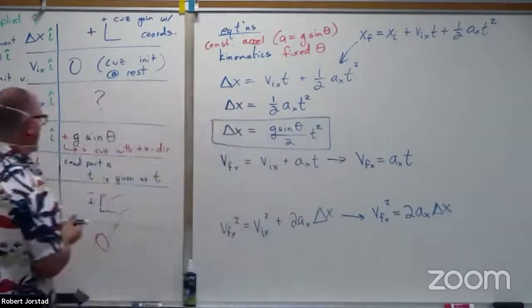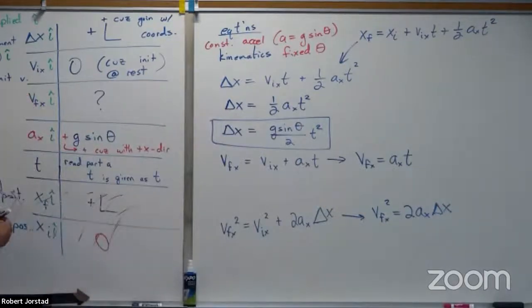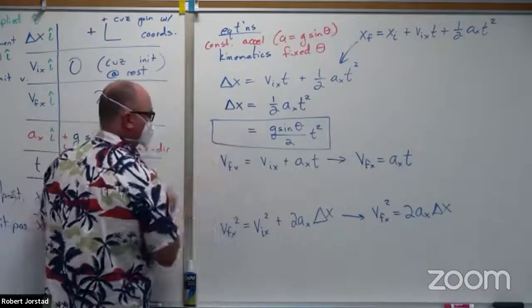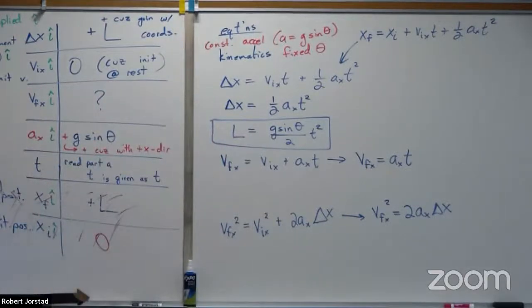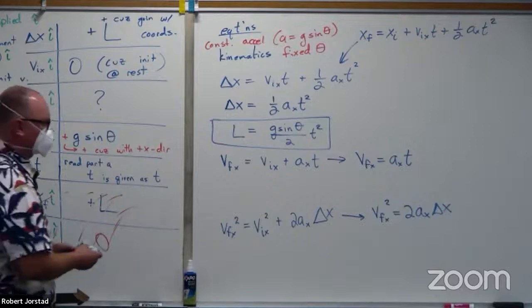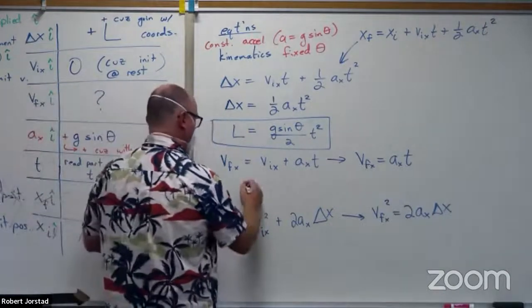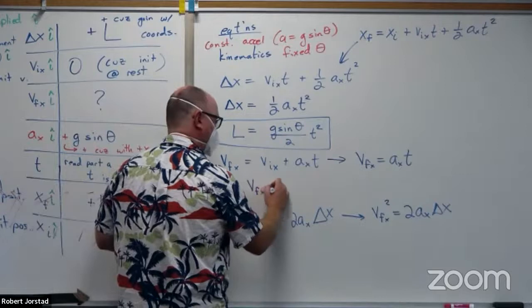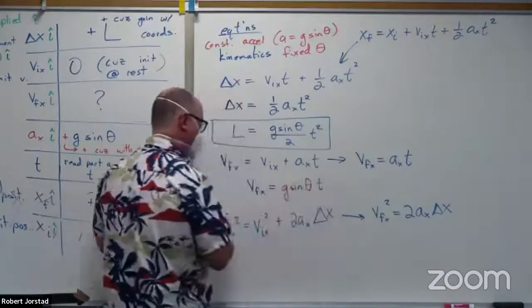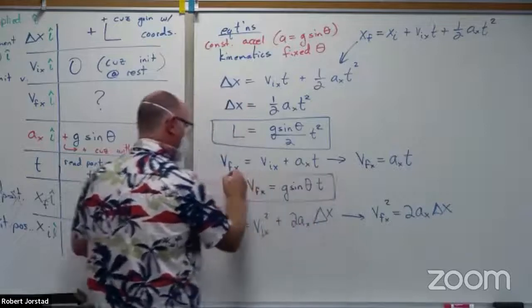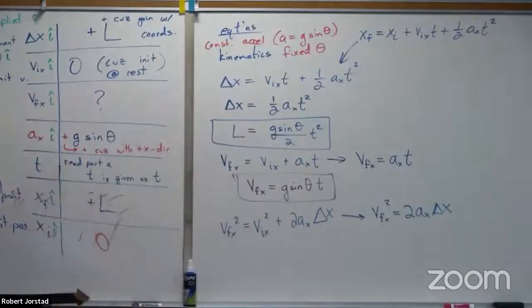Oh, wait, what was delta x? L. Now we have an equation in terms of the variables that the problem told us. And that's the main difference between having numbers to shove in and having alphabet soup to plug in. All right. In this case, I guess we're going to get there's another equation. And then in this last one, I guess we're going to get